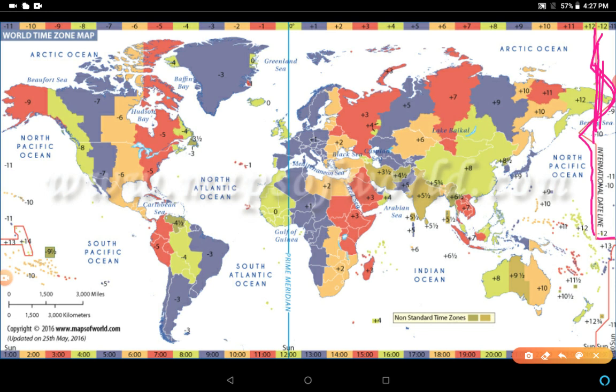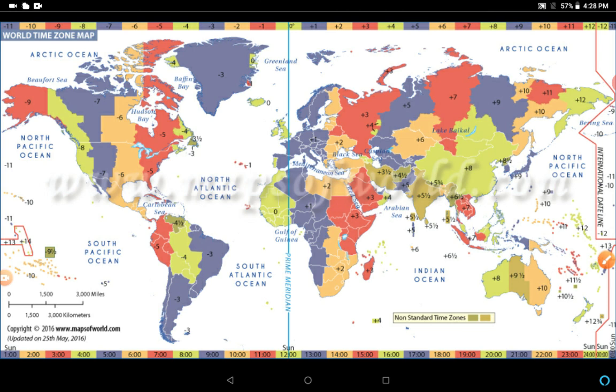Clear? It would cause big confusion in the same country if two dates are there. Suppose in India, in the eastern part it is 12th May and in the western part it is 11th May. How big a confusion there will be if a marriage is on 12th May in the eastern part, and in the western part the person considers that on 12th May I'll have to go. So next day he will go, right? And then he will find that the marriage is already over, right? So to avoid this confusion, the international date line is not crossing any land area, so it is not a straight line.